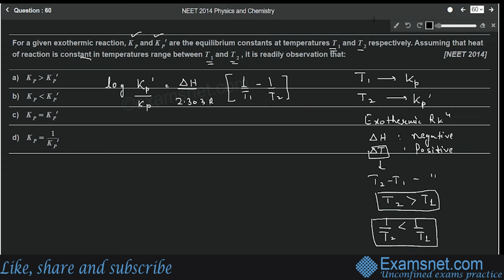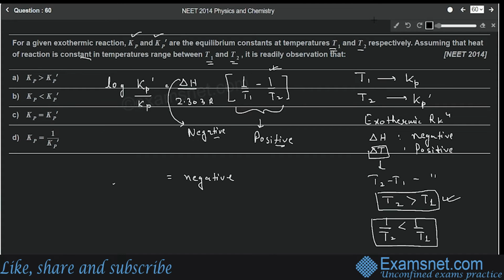So here we have seen that this is an exothermic reaction. So T2 is greater than T1. That means 1 by T2 is less than 1 by T1. Okay, so in this bracket you can see that 1 by T2 is less than 1 by T1. That means this whole value in the bracket is positive. Okay, why? Because 1 by T2 is less than 1 by T1, right? So this is positive, but for an exothermic reaction the value of delta H is negative. So negative into positive means negative. This overall value will come out to be negative,